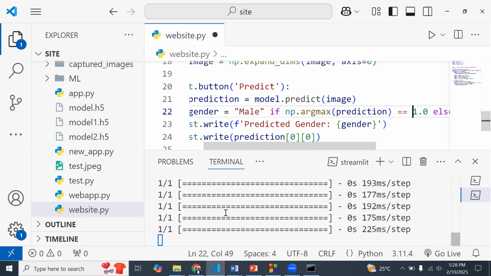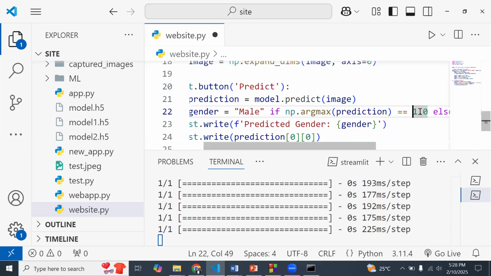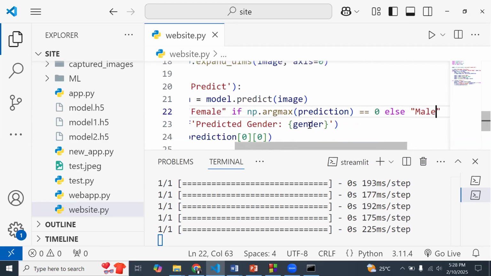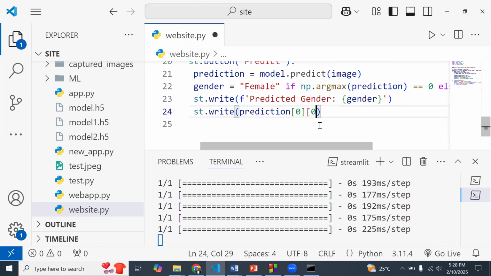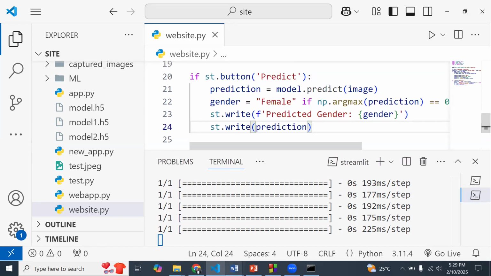Then it is going to be, is it 1 or 1.0? If it is 0, then it is a female, as we are seeing over here, else everything is definitely going to be a male. Then we put a gender over here, and then we'd want to do np dot this time around, let's get the values over here. So we have done the deployment of the second model.